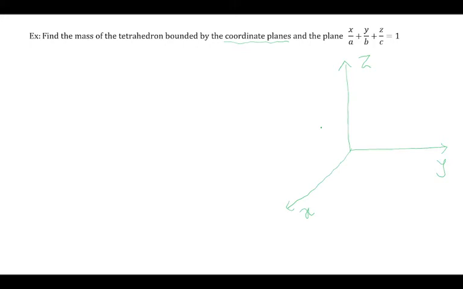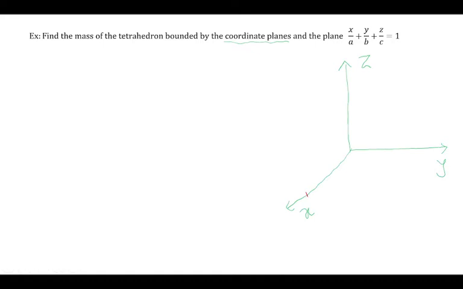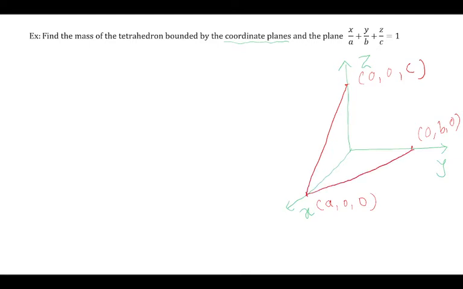And this plane is given in intercept form. So x upon a indicates a is the intercept on the x-axis. So if I want to show that, I will take this point, say x equal to a, y 0, z 0, and y upon b indicates b is a point on the y-axis, so 0, b, 0, and the third, z upon c, indicates 0 comma 0 comma c. So this is the intercept form, and this is the oblique plane in the first octant of space.